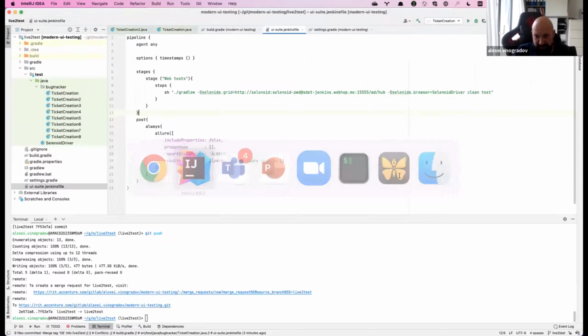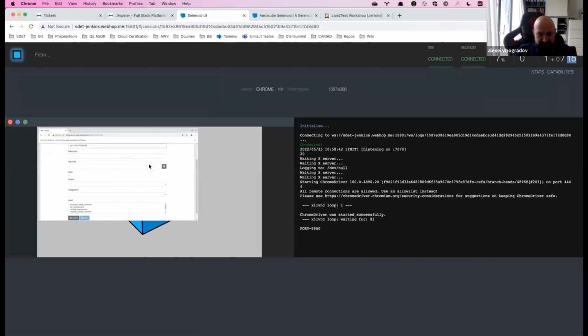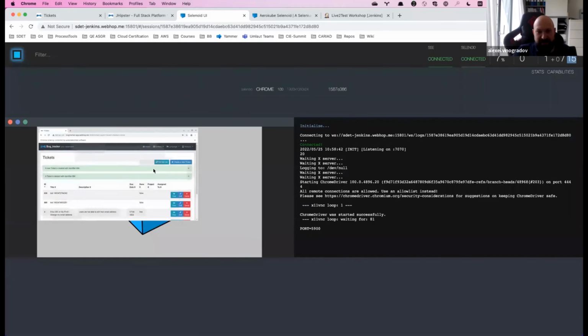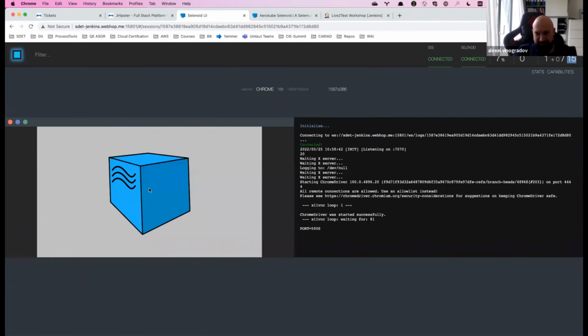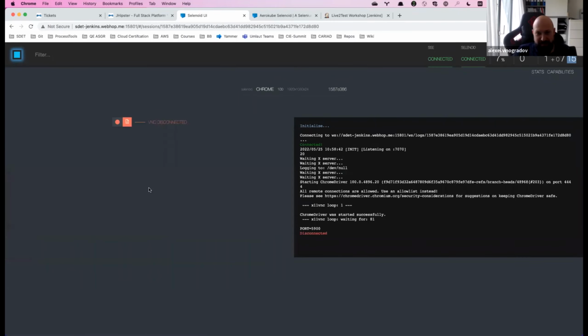Okay, and here you can see, let's try to get to it. Yes, as you can see, you can see what is happening here during test execution. The VNC feature automatically allows you to watch your tests. In case there are some visual problems and you don't understand what's happening, you can actually watch it. Very nice feature, and it's just configured, so you basically don't install anything.